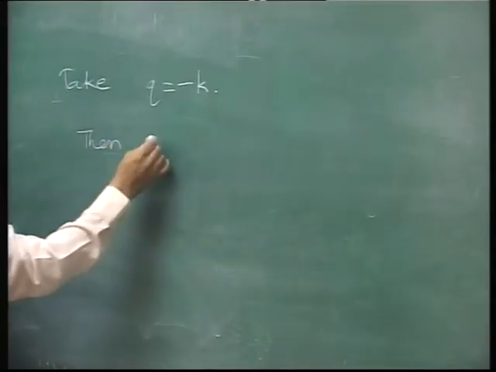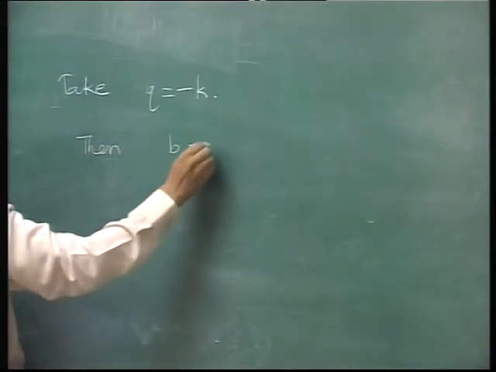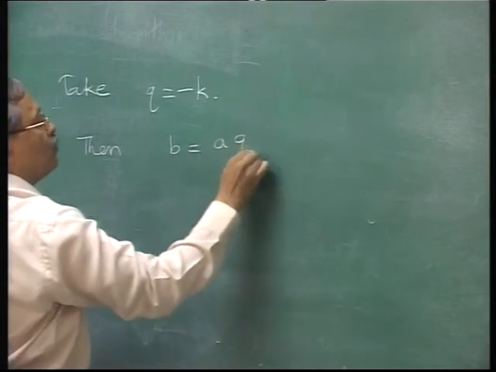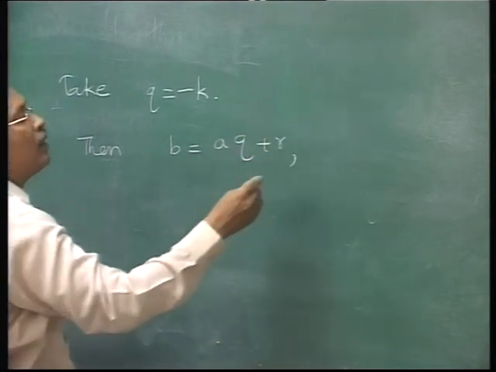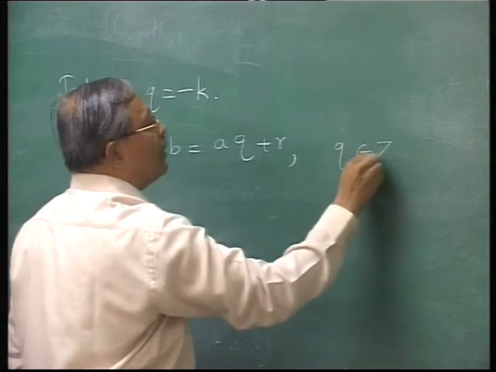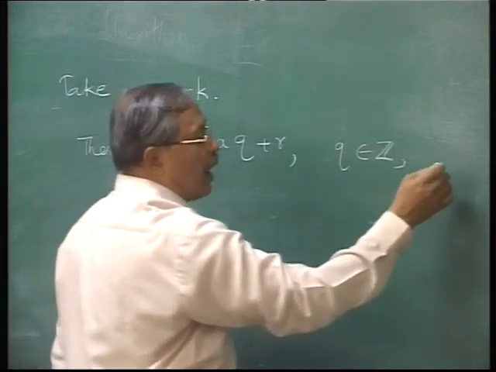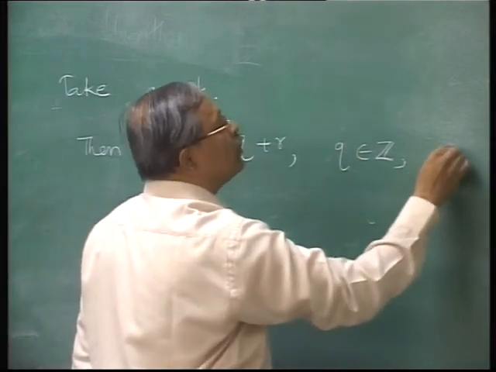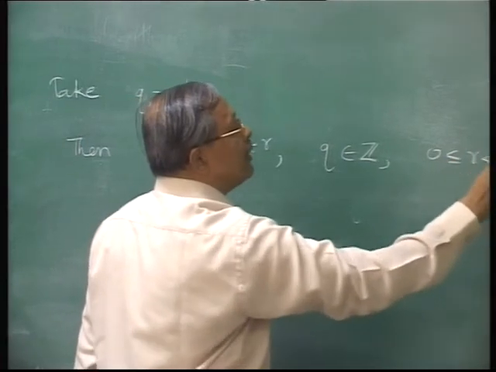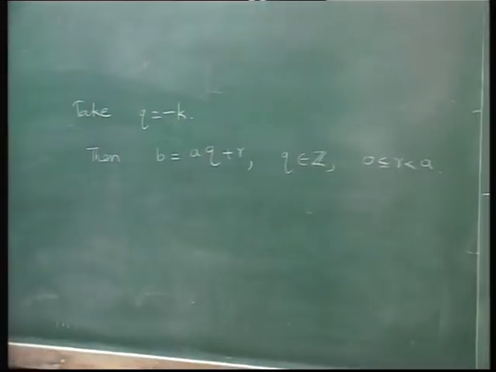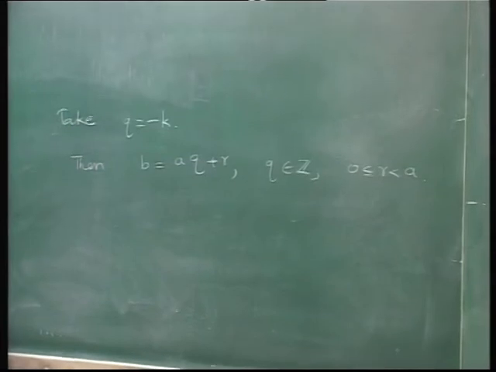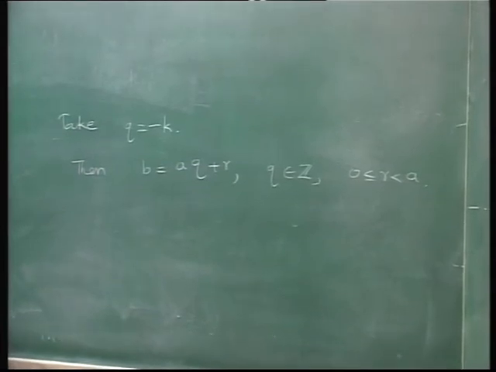Then b is equal to a times q plus r with q in Z, and r is already an integer, 0 less than or equal to r less than a. That's what we wanted. So that proves the existence,